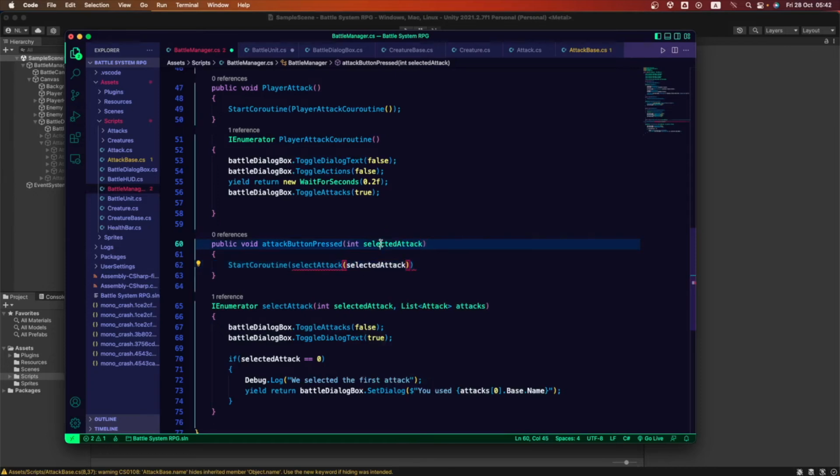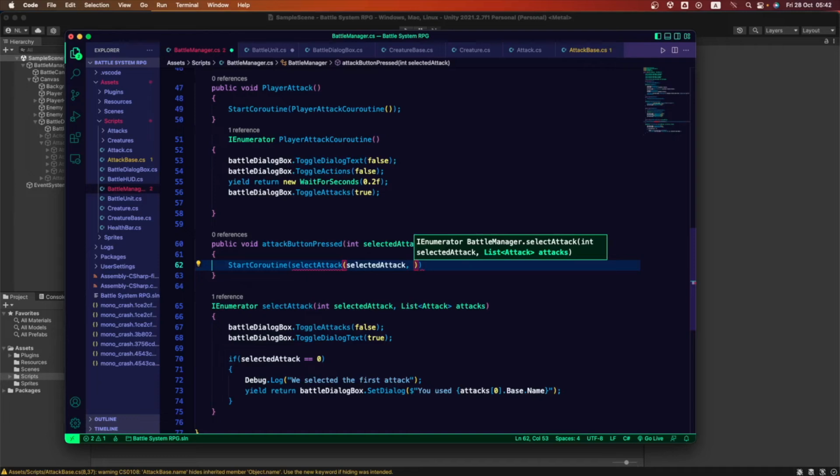We're using this one. This is the one that we're gonna be using. It's named the same, but we are passing the value that we're gonna be using in the inspector. So whatever value goes here, it's gonna go here also, and it's gonna go here to decide the attack that we wanna use. Okay, so selected attack also there inside.